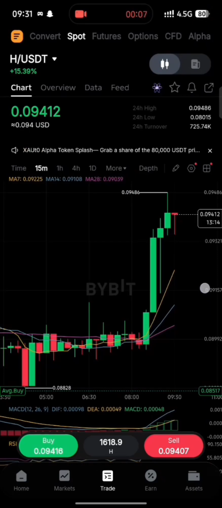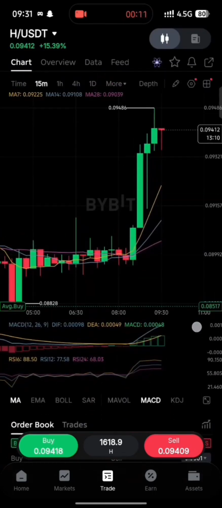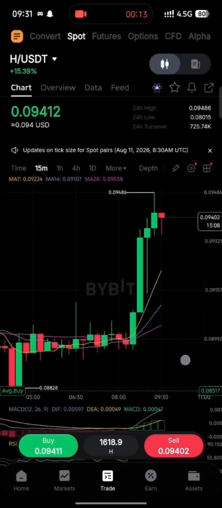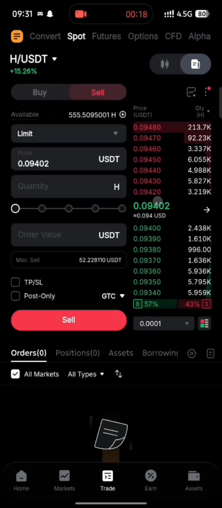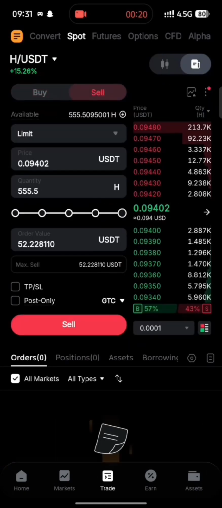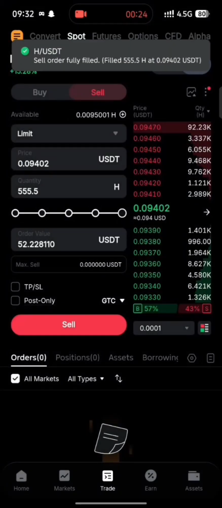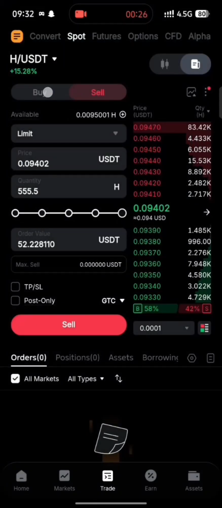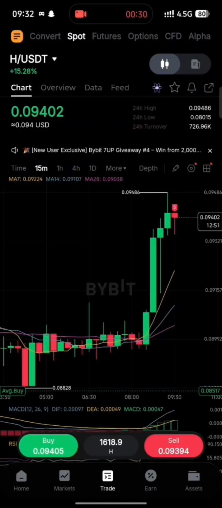You can see this is where I want to be and I am right there. So I will cash out my profit and go to rest. All right, you can see the second trade. I'm cashing out 52, or over 50. Yes, I'm cashing out over 52. Okay, so this is a good